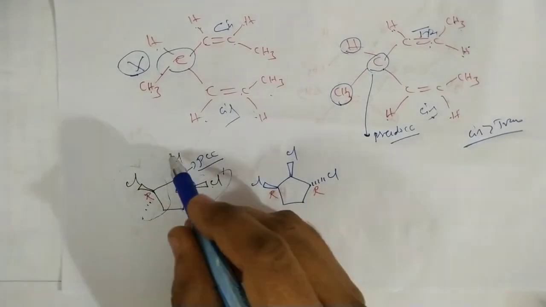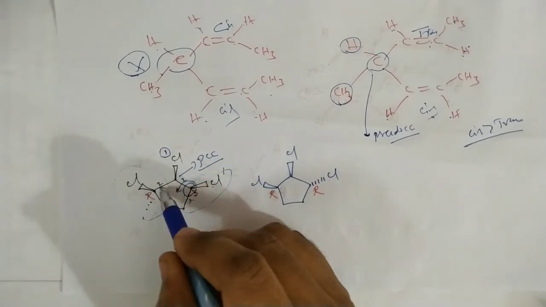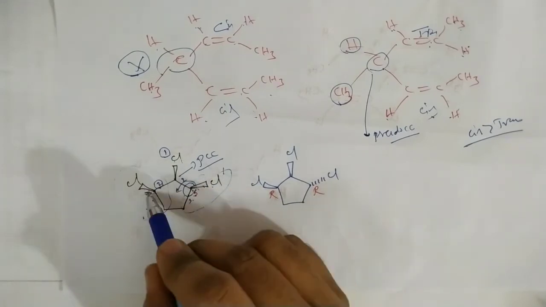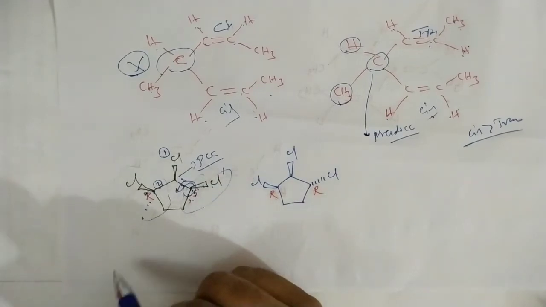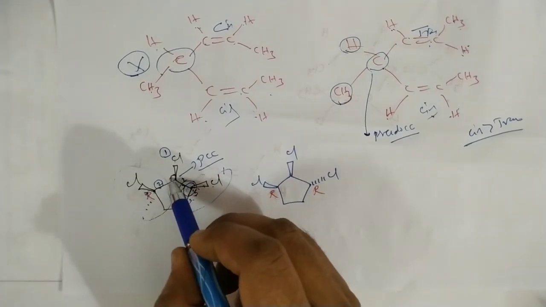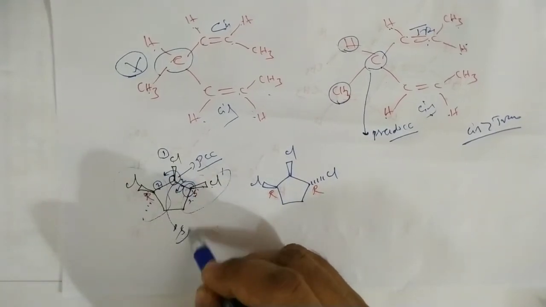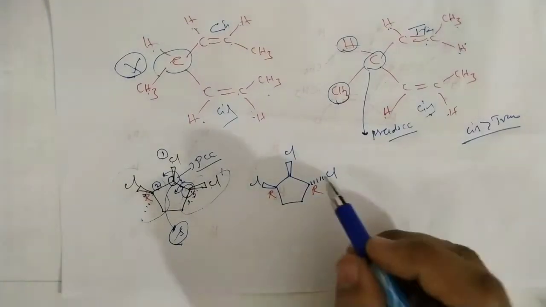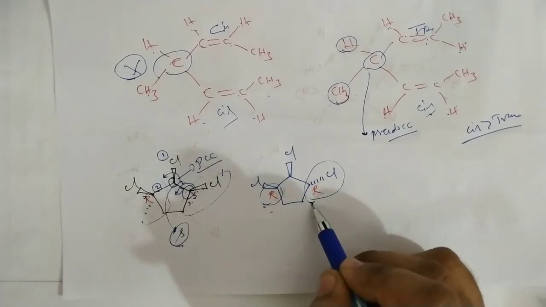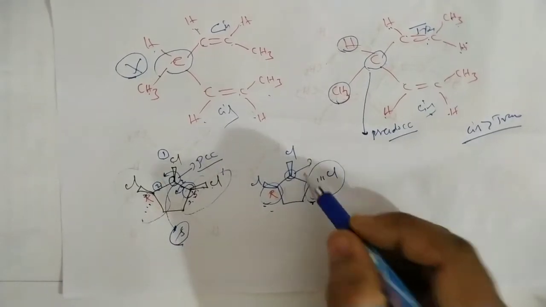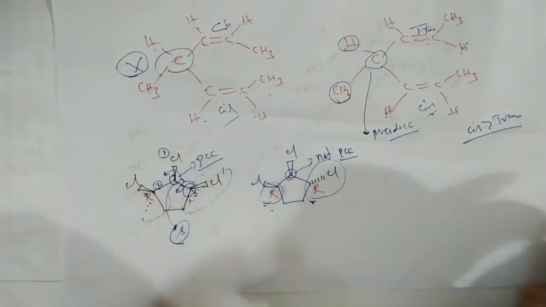And what is the configuration of this one? The chlorine gets high priority, this R group and this S group, so the R group gets second priority, between these two first priority. Okay, next in this case this group gets priority 3. So 1, 2, 3 means anti-clockwise direction, so its configuration is S. And next, coming to this one, this is the R configuration, this is the R configuration, structurally the same and configurationally the same, so this is not a pseudo-chiral carbon, this is not a pseudo-chiral carbon.